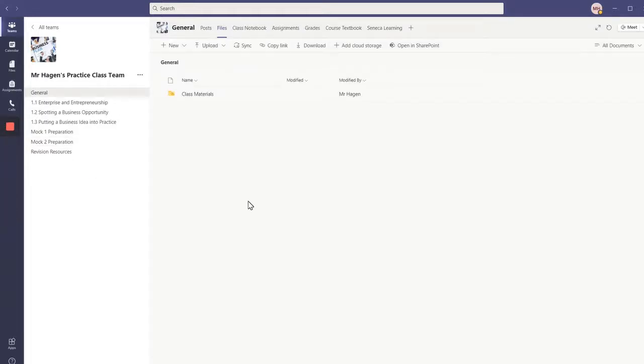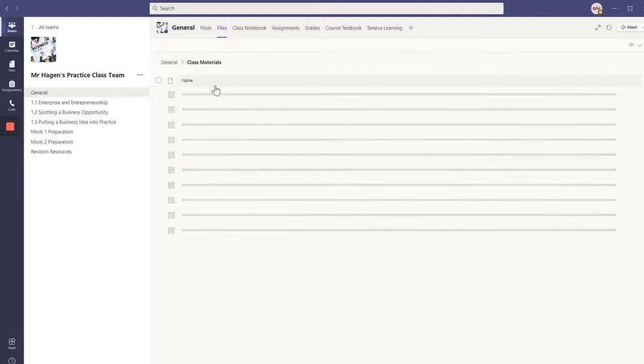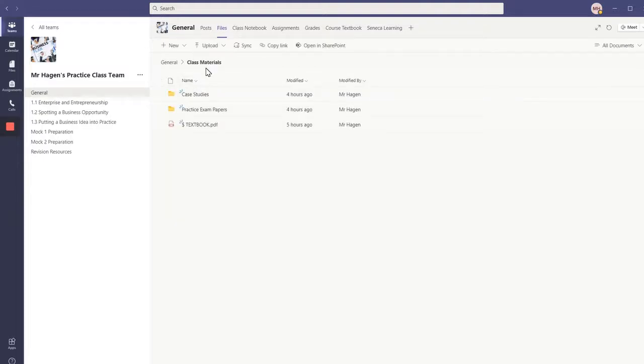By default, in the Files section, you'll see a folder called Class Materials. Now, anything that you upload into this Class Materials folder isn't editable by students, so it's read only. They can only look at it, but they can't make any changes or anything like that. So any, for instance, revision guides or knowledge organisers, that kind of thing, you probably want to upload them into